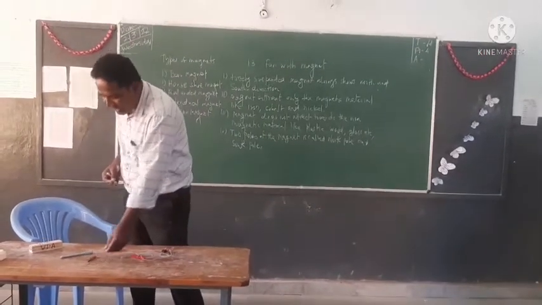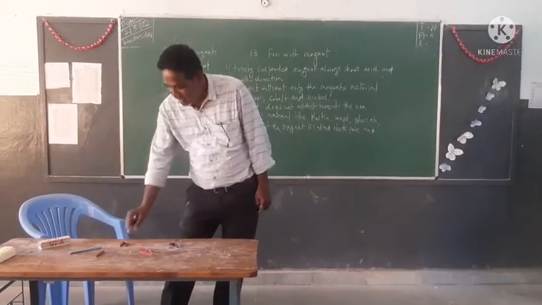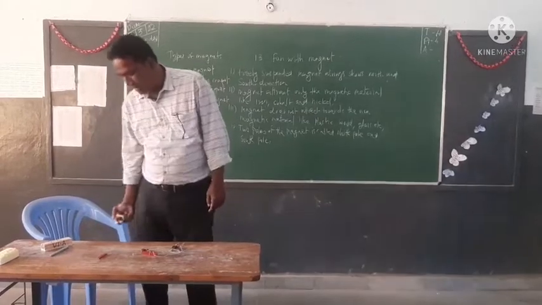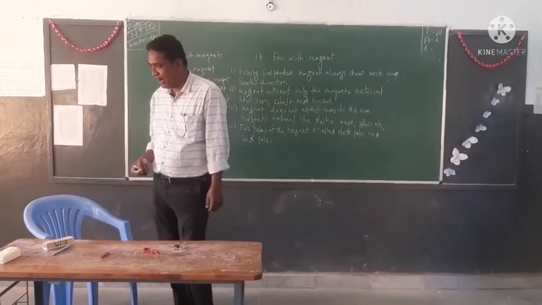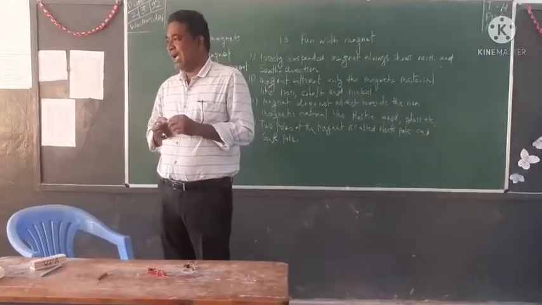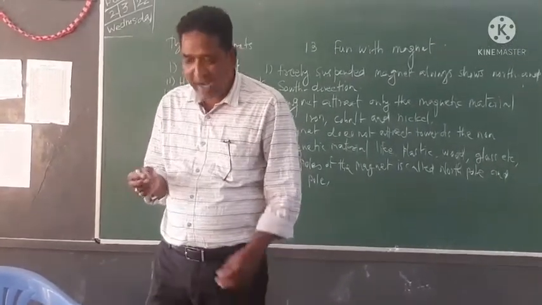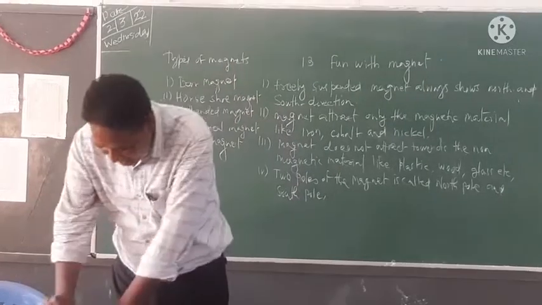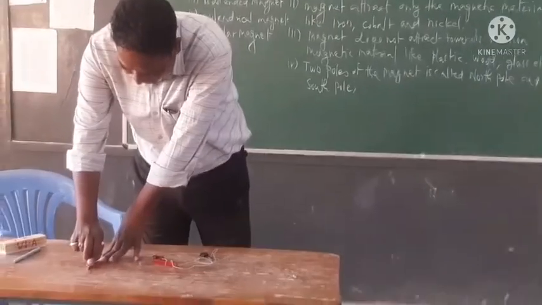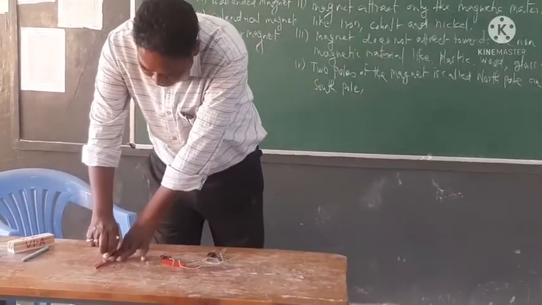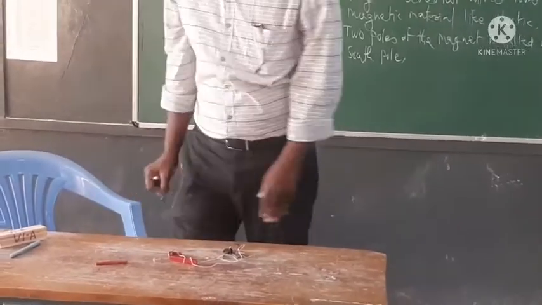If you want to make a temporary magnet, then put this bar magnet on plain table and take an iron strip. लोहे की पट्टी लेना है ना, and put one end of the iron strip at the one end of the magnet and slowly move this strip to the another end, है ना?